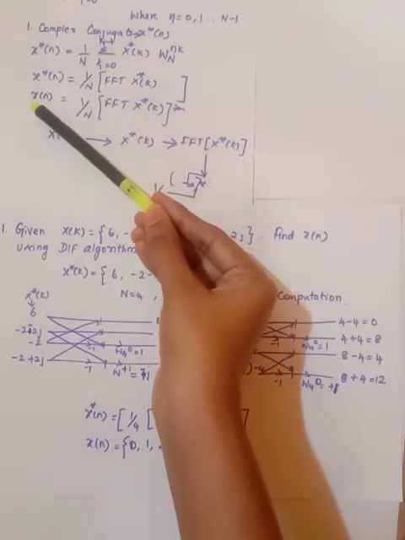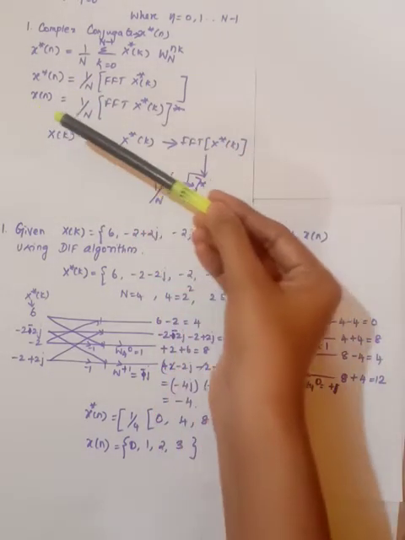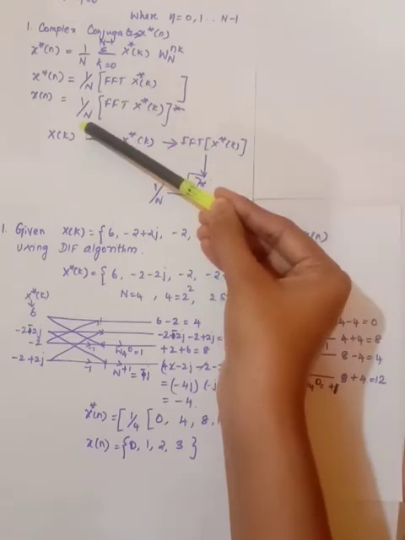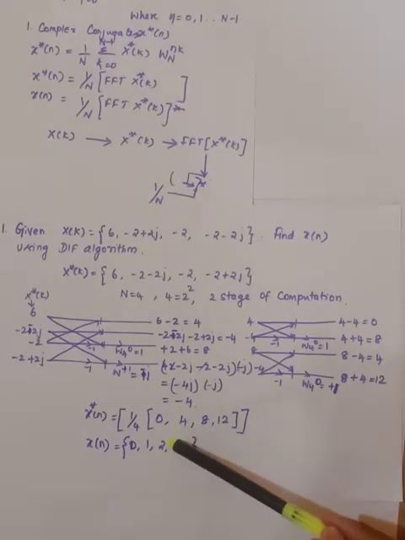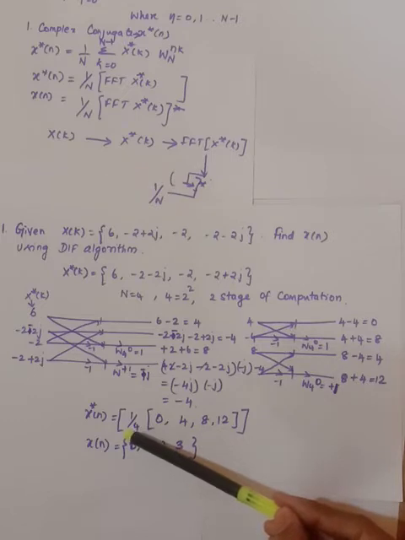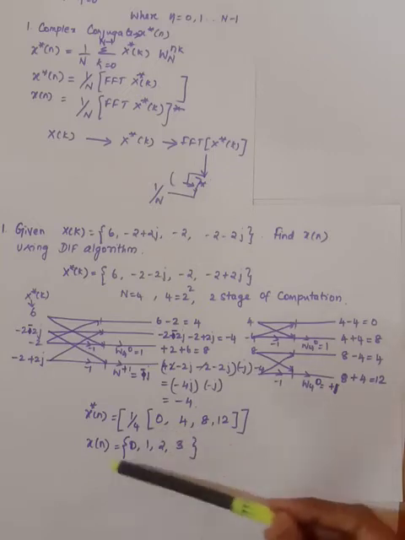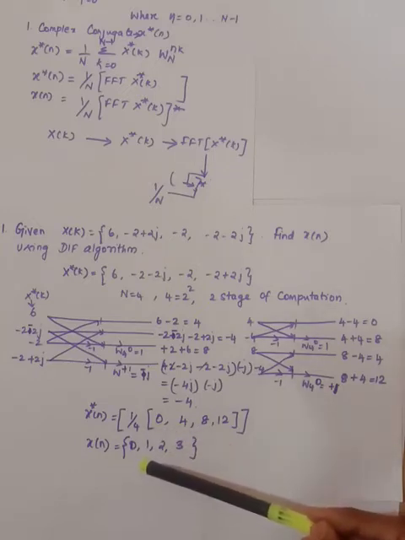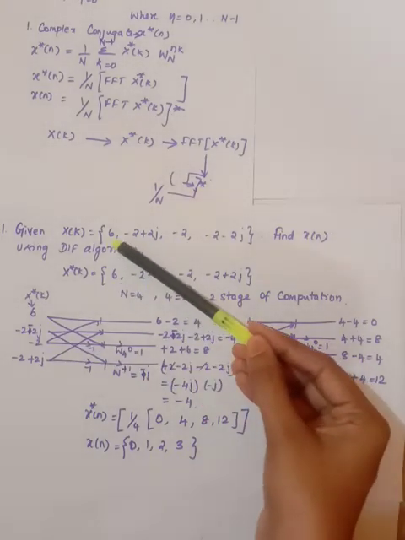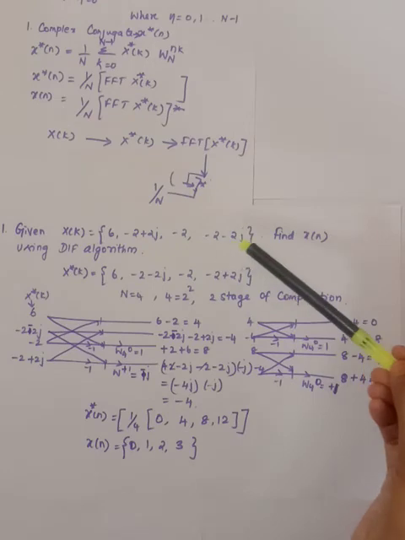Now I need to obtain x(n). In order to obtain x(n), I need to perform the conjugate again, and I need to divide by N, that is, multiply by 1 by N. So I am going to perform this step here. Here there is no complex value, so there is no meaning in performing the complex conjugate for this value. I am just doing 1 by 4. So this yields 0, 1, 2, 3. This problem we have already discussed in DFT computation. So for 0, 1, 2, 3, the answer is 6, minus 2 plus 2j, minus 2, and minus 2 minus 2j.